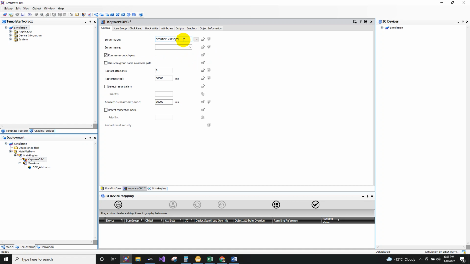So here, you can just copy the computer name to your server node, and then the server name is the OPC that you are going to link. So since I'm going to take data from the KEPServerEX, then I will select the KEPServerEX. So after that,